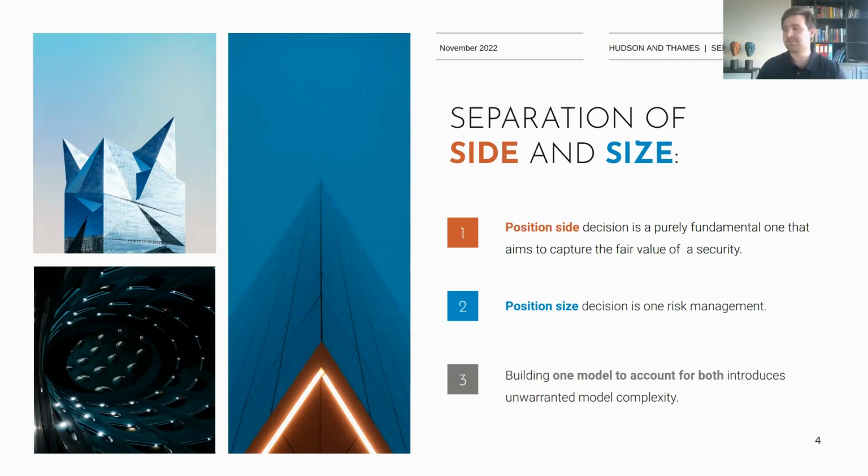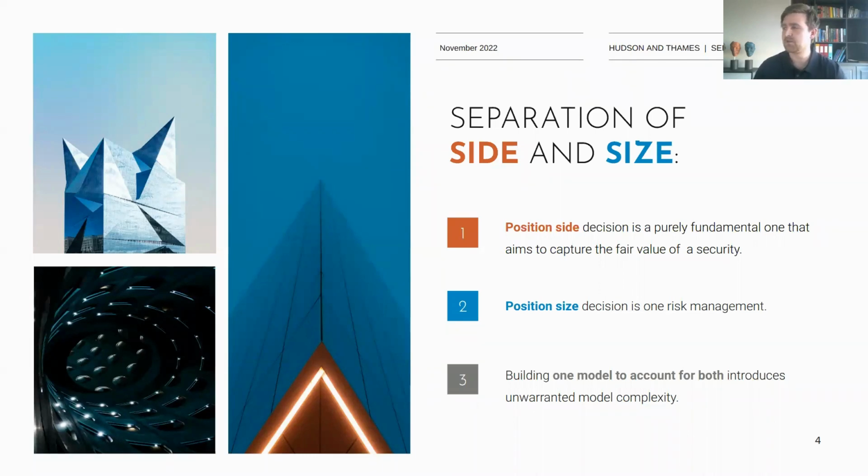So he argued that the position side decision is a purely fundamental one. It aims to capture the fair value of a security under a specific set of circumstances. So that would be basically just in a classification sense, we can go long, or we can short, or we don't take a position. So that's more or less what the position side is about, just finding the direction to